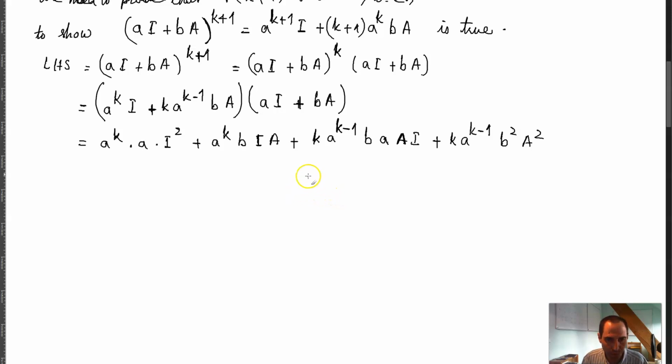That's what you will end up with. And that is A raised to the power k times A is equal to A raised to the power k plus 1 times I squared. I think I squared is equal to,